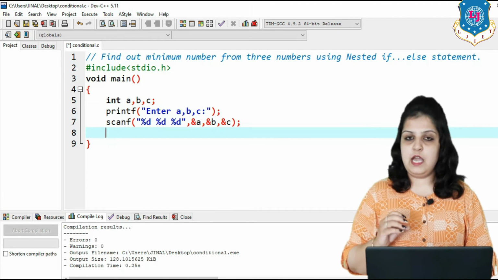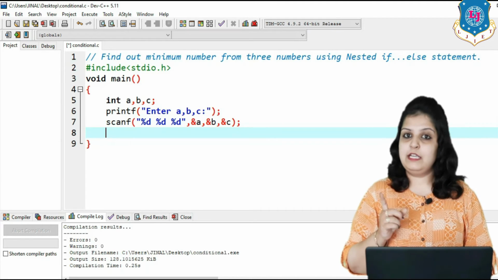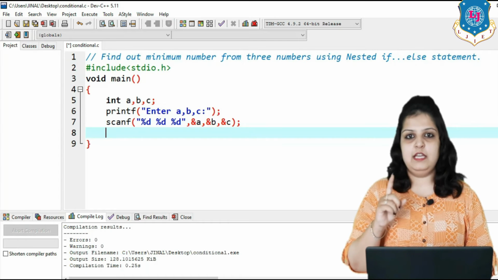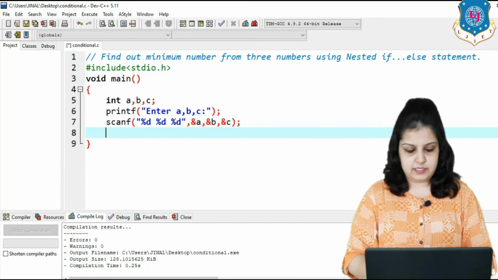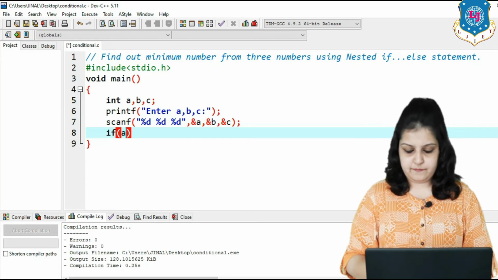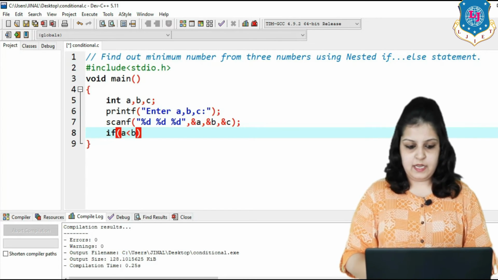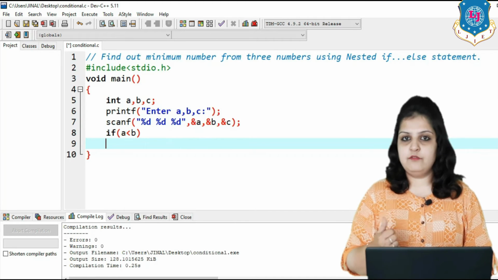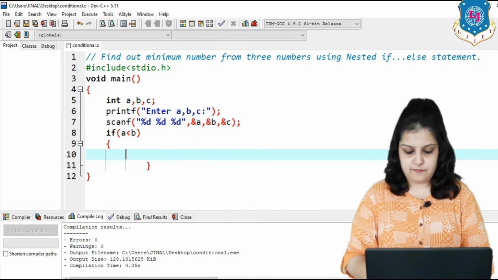Now first we have to write our first condition. In the previous example we wrote a greater than b. Here, instead of greater than, simply write a less than b, and in this if again we have to check a second condition, that is if a less than c.